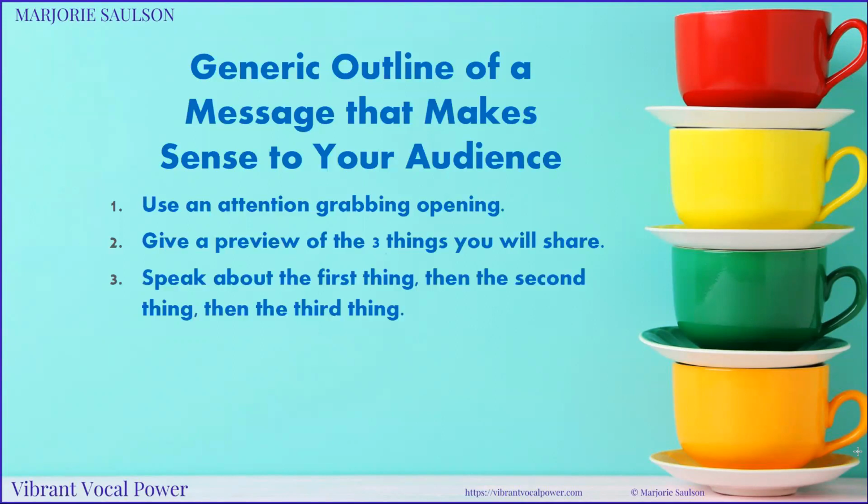And then you speak about the first thing and the second thing and the third thing. If you're giving a presentation where people cannot see it, where it's just an oral presentation, 3 is probably the maximum number. And basically what you're doing is you're giving people an oral outline. I'm going to be sharing these 3 things with you. Now, the first thing is da, da, da. And the second thing is da, da, da. And the third thing is da, da, da. And it makes it, by the way, very easy to remember what you're talking about. And it makes it easy for the audience to understand exactly where you are in your presentation.